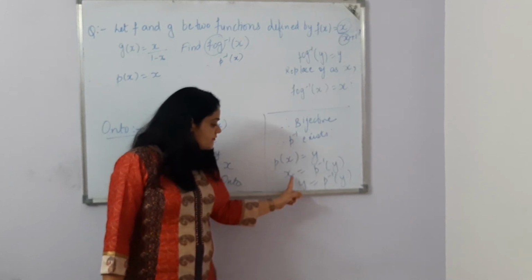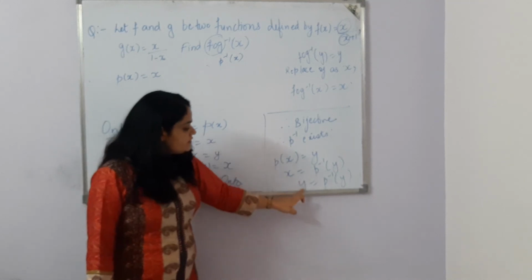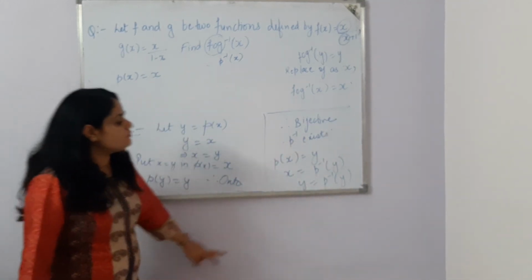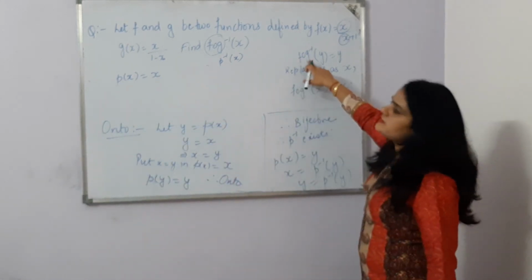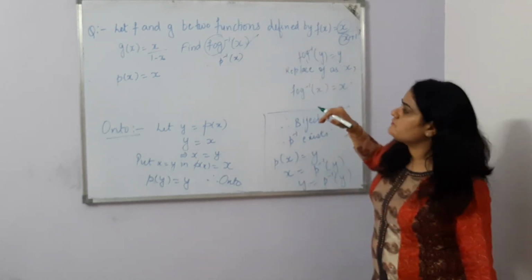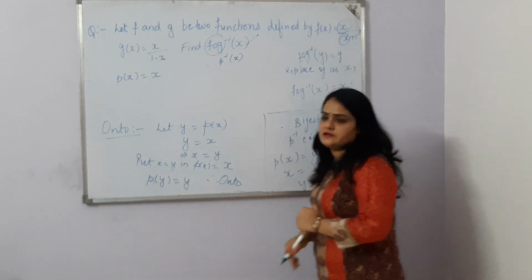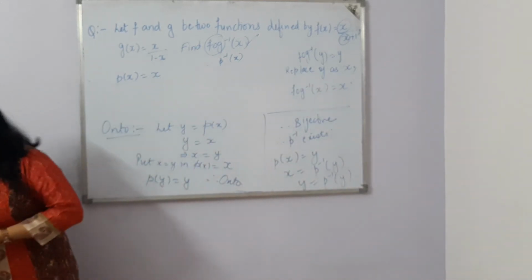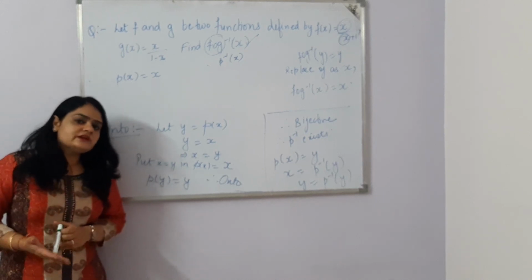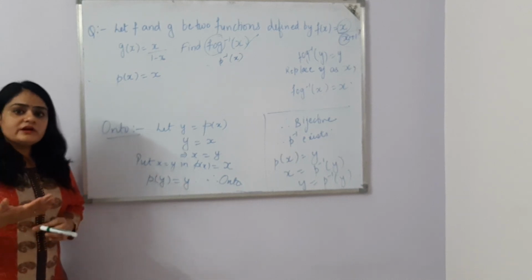We'll substitute the value of x here. What is x? x is equal to y. So in place of x we'll write y. This is the value of p inverse y, which is equal to y. So what is p? p is nothing but f of g. Inverse y is equal to y. But we need the answer in variable x, so we replace y as x. So f of g inverse x is equal to x. Hope this question is clear to you. If this type of question comes, first of all you need to find the composition and then find its inverse. Now, I hope that you are able to attempt that question as well.